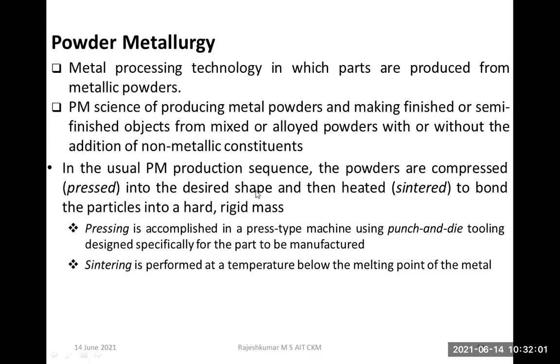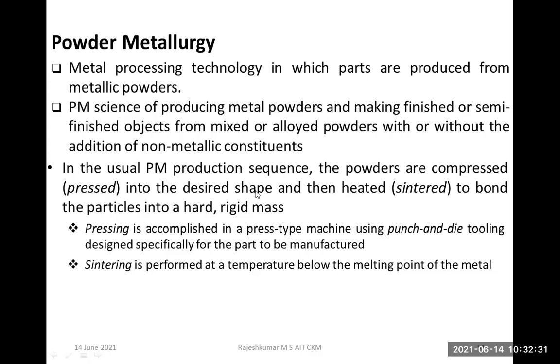especially from long days back, powder metallurgy has been used. One of the earliest examples of powder metallurgy technique which we practiced is the reduction of iron ore with charcoal to produce sponge iron powders. So if we mix iron ore with charcoal, we are going to get sponge iron powders. That sponge iron powder is subsequently formed into shapes by forging.